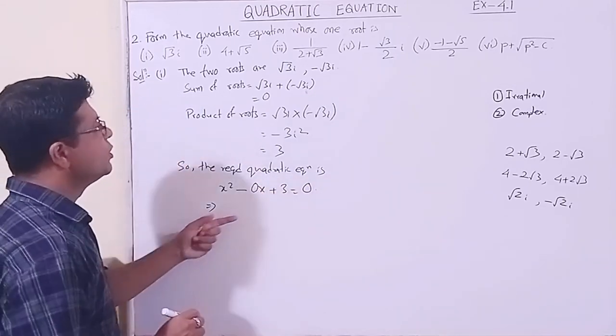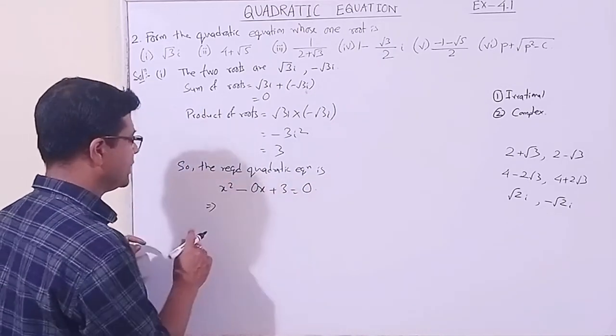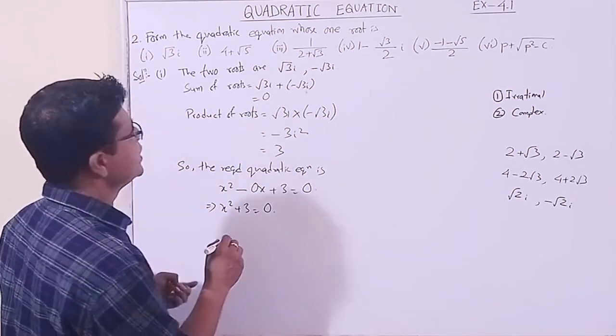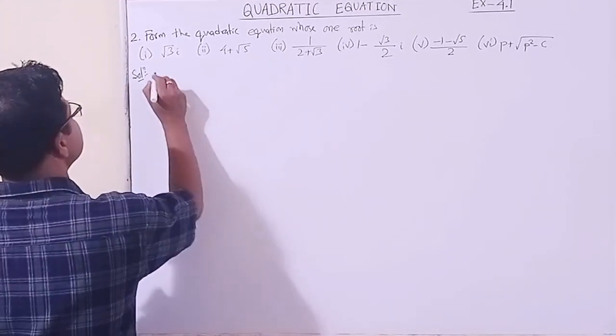This time we are not writing the formula or the format. So x square plus 3 equal to 0. This is the required quadratic equation. Alright. Now in second case,